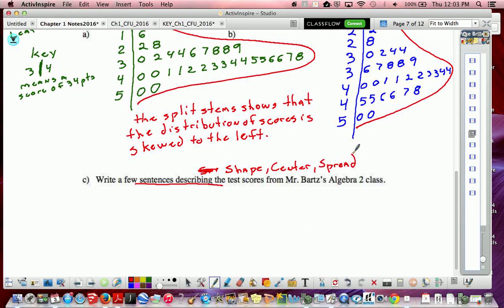So we can say the distribution of Algebra 2 test scores are skewed to the left